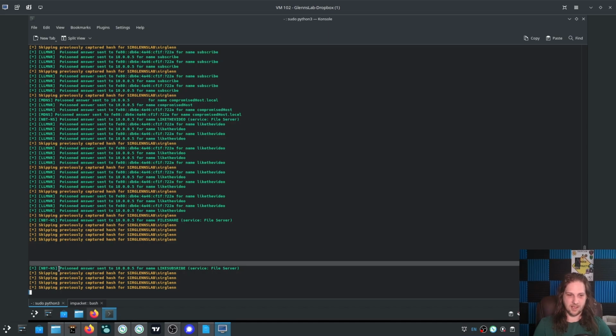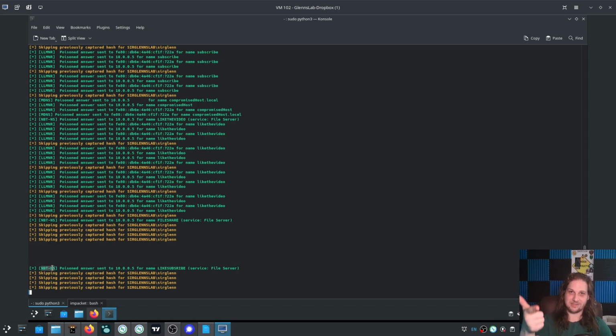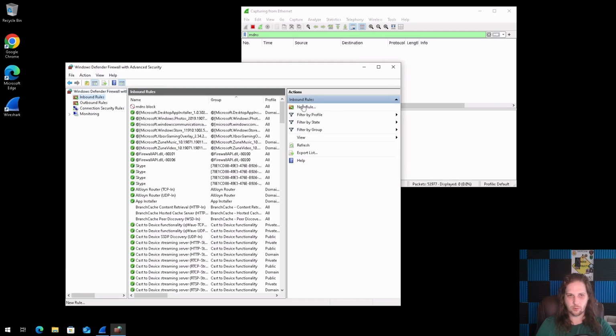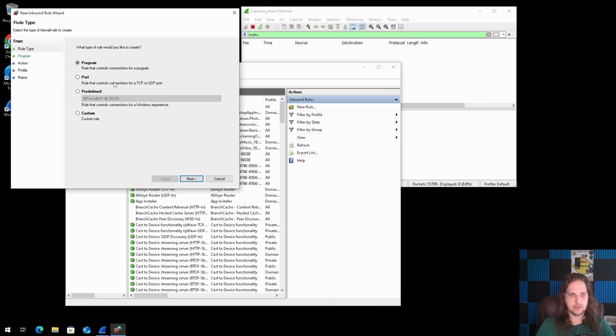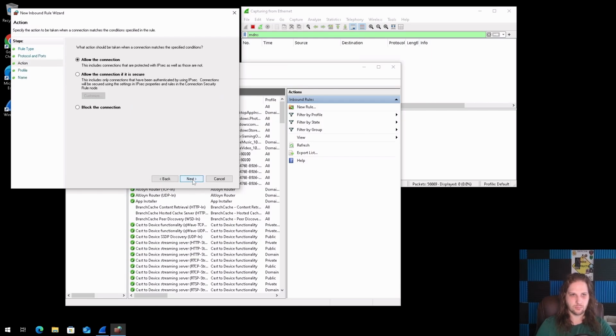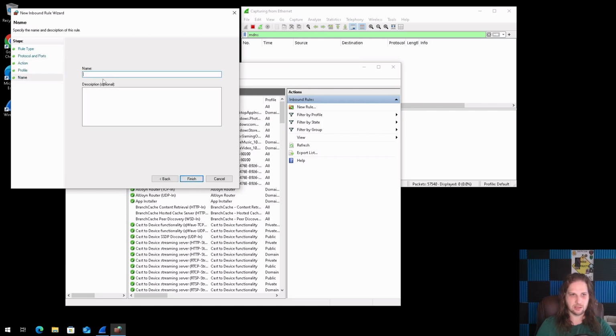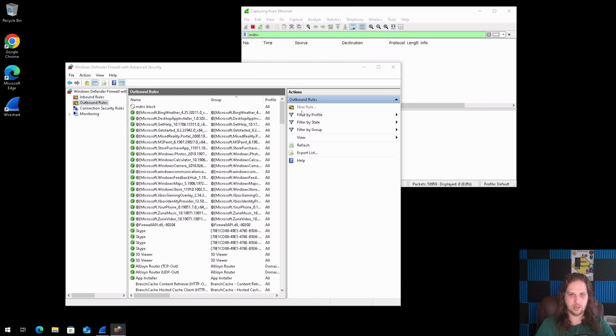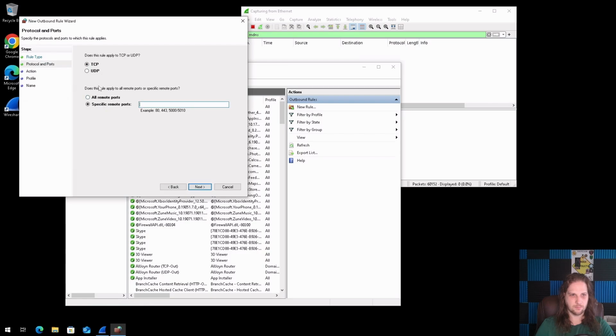Because of Netbios. So we've disabled mDNS, we've disabled LLMNR, but we have not disabled Netbios. Why? Well, Netbios is completely separate, even still, from those other fixes. So back in the firewall, we're now going to make another rule specifically to handle Netbios. This is going to be another port. This is going to be UDP 137. And once again, we're going to block it on everything.